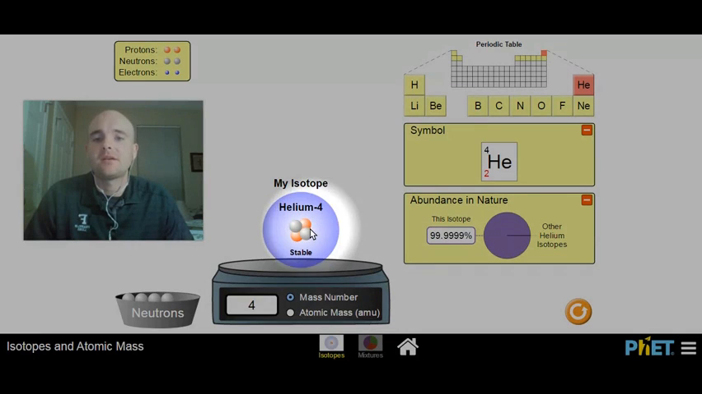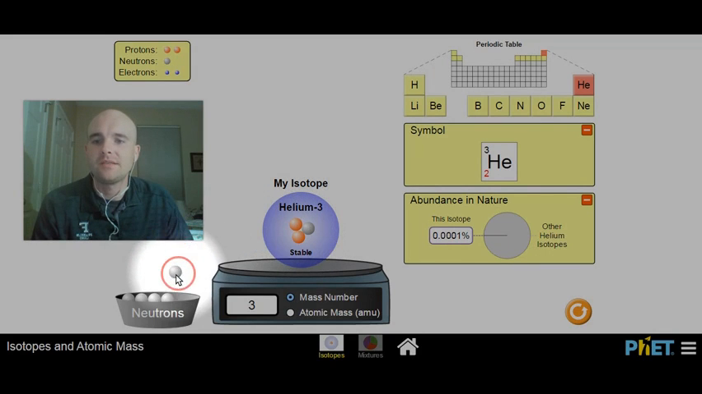That means that there are four nucleons, if you will. Those nucleons are the four items in the nucleus, so they could be either protons or neutrons. Protons with a positive charge, neutrons with no charge at all. The only thing neutrons bring to the table is their mass. So we'll see the mass change when we take a neutron away. See that the mass number went down, and now it's the helium-3